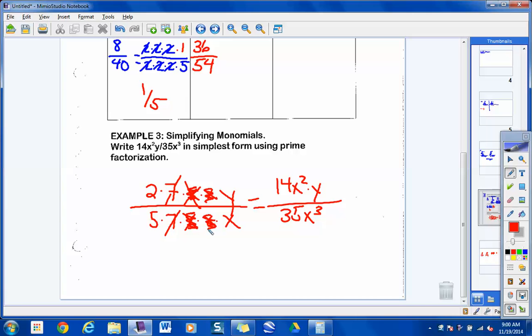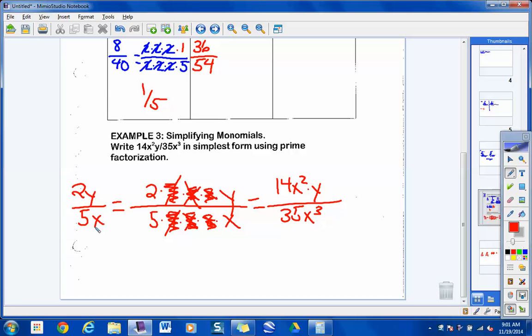Let's see, the stuff that I haven't gotten rid of yet. What's left up top? 2y. So my simplest form of this fraction would be 2y over 5x. Gosh dang, guys, that's good. This fraction in simplest form, one monomial over another monomial, is equivalently